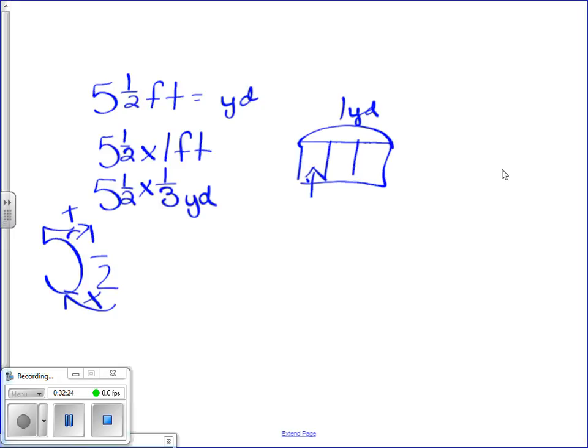So 2 times 5 is 10, plus 1 is 11. Denominator stays. Times